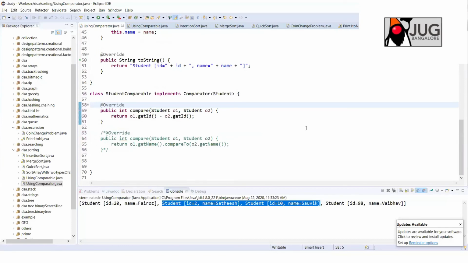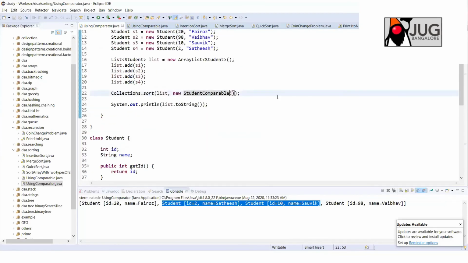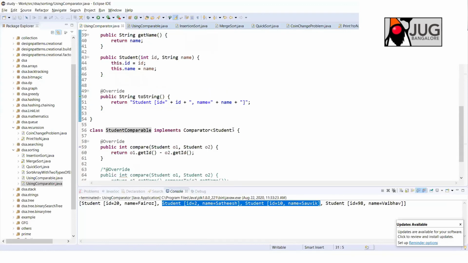I forgot to explain that, and you can pass like this, guys. Then you can still decide that case.